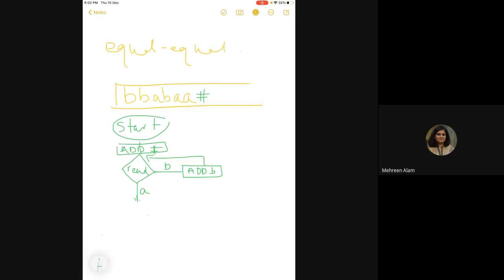ये करते हैं कि A जब आपने रीड कर लिया, राइट, उसके बाद आप क्या करेंगे? आप सारा कुछ कॉपी कर लें, ठीक है. A रीड कर रहे हैं तो आप A ऐड करते जाएं, ठीक है. और अगर आप B रीड कर रहे हैं तो आप B ऐड करते जाएं, ठीक है. उसके बाद आप रीड करें जैसे ही हैश, तो इसका मतलब है दैट योर फर्स्ट पास इज ओवर, मींस यू हैव एक्चुअली कैंसल्ड वन ए. अब आप क्या करें? यहां से दोबारा स्टार्ट करें, ठीक है. यू स्टार्ट,